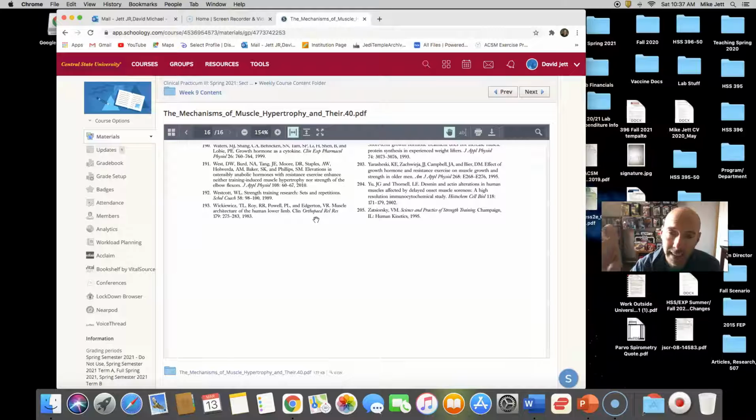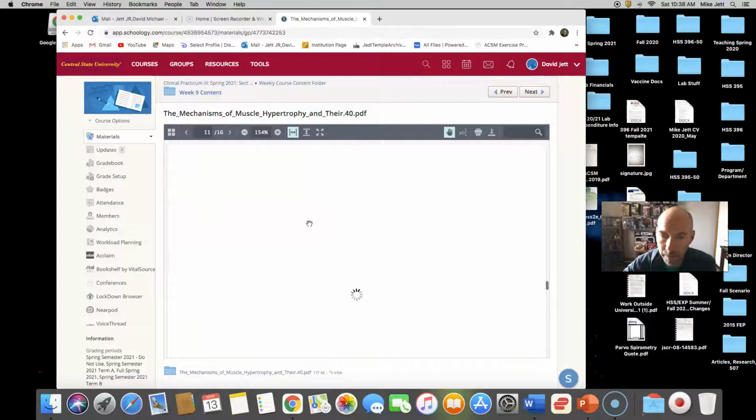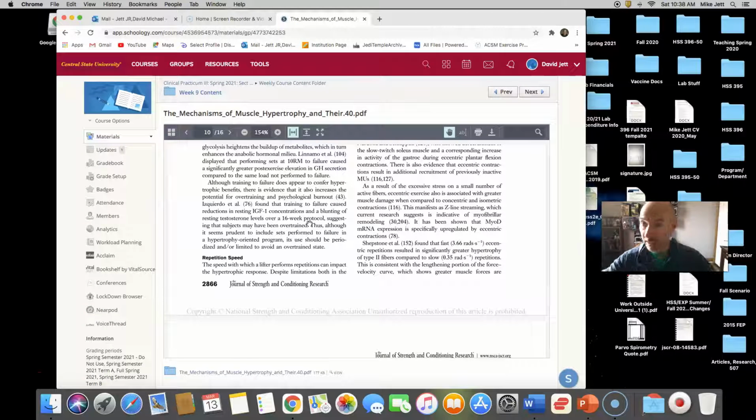And what he did is he found every single research article that he could possibly find related to his topic, which was muscle hypertrophy. And then what he did is he essentially, in the body of the article, summarized every study that's ever been done on this topic. And his goal was then to draw some conclusions based upon the existing body of available research. What can we conclude based on this work that's been done? Okay. That is sort of a summary of what I want you all to do.